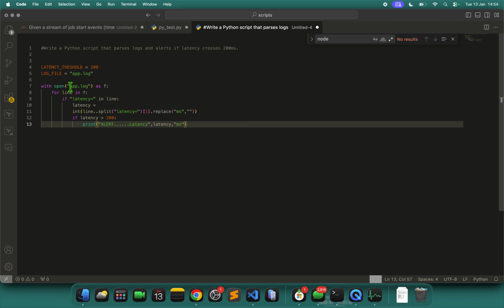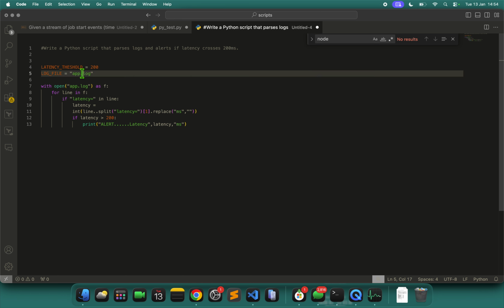In this script, I have defined two variables, the latency threshold and the log file. I can use a path-based approach as well, but I have only given the log file.